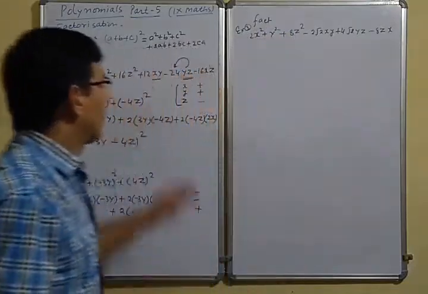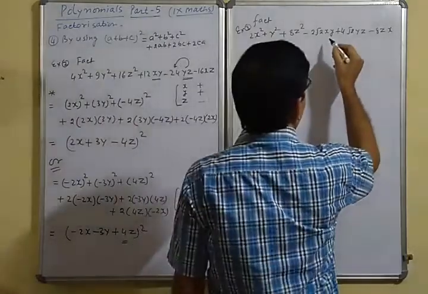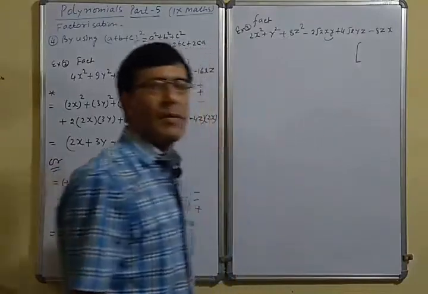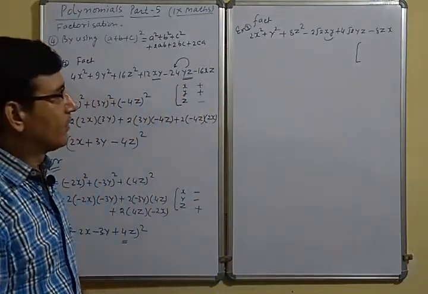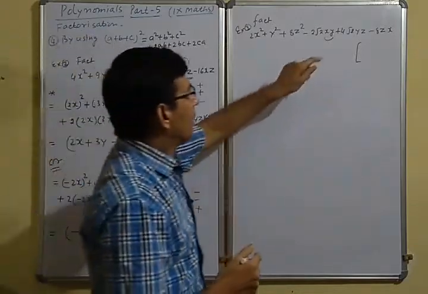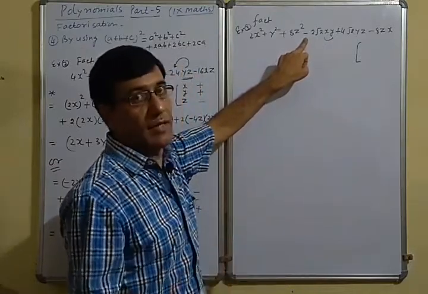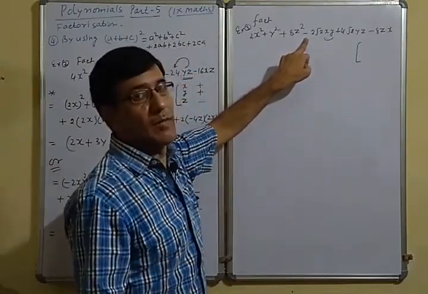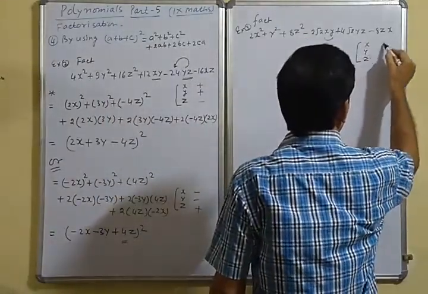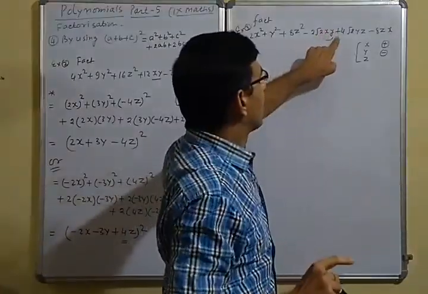Now let us see. Again we'll use this method and then we'll factorize it. So here the coefficient of xy is negative. There are two methods, and you can choose any one. Now the product of x and y is negative. So either x is positive, then y is negative, or x is negative, then y is positive. So you have to take any one. So here you write the sign of x as plus, so y becomes minus. So if x is plus and y is minus, it becomes negative.